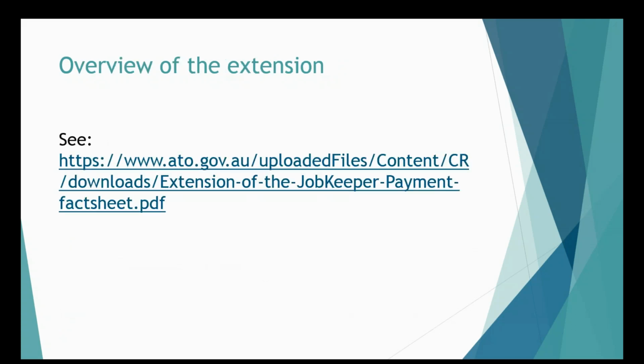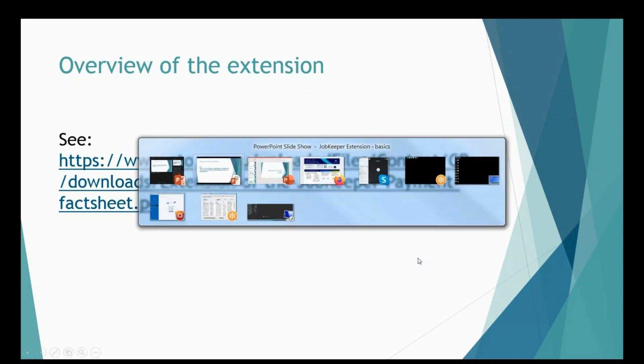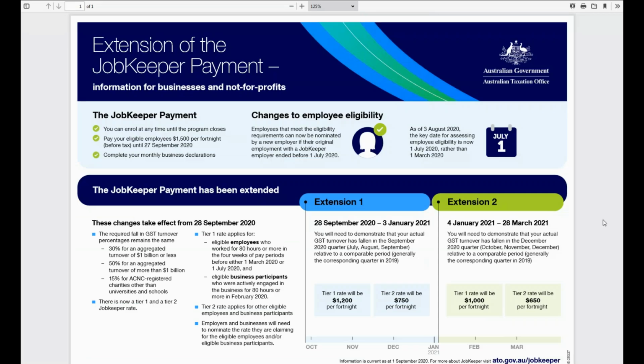So moving on to the next slide, I've got a link here in this slide to an ATO resource they've made, which gives a good overview of the extension. So I'll just get that up on the screen and I'll get you to take us through that, Paul. Yep. Yeah, so with this new